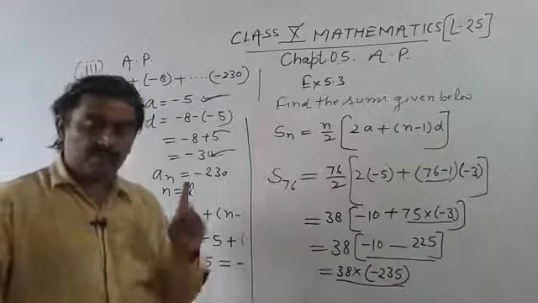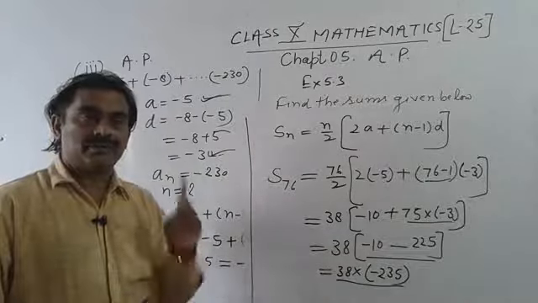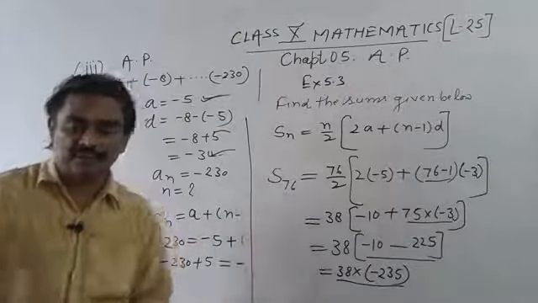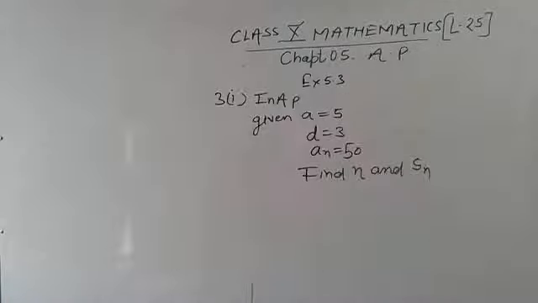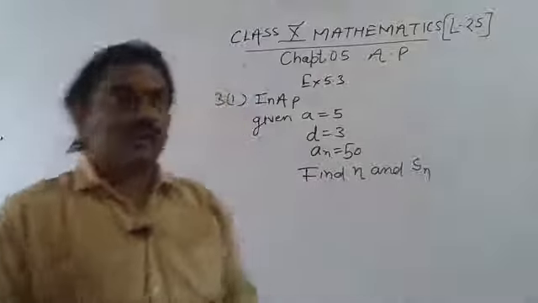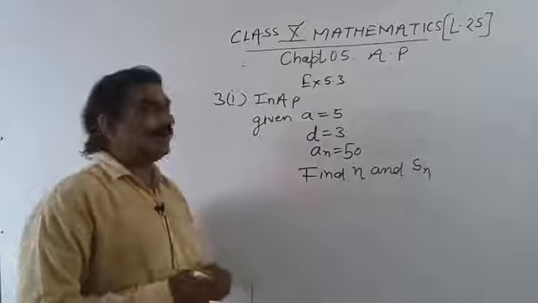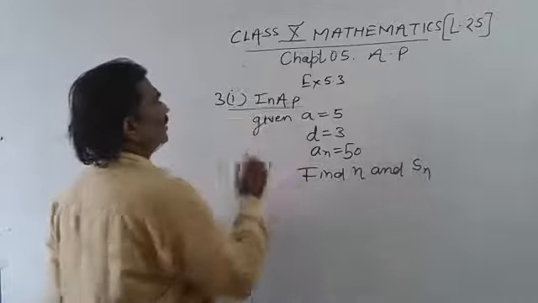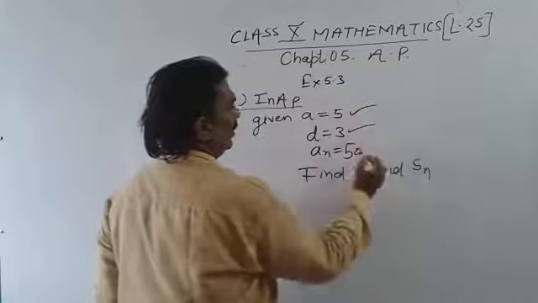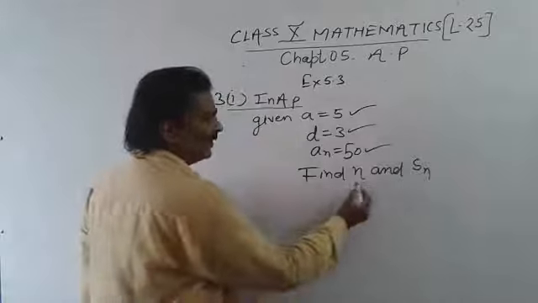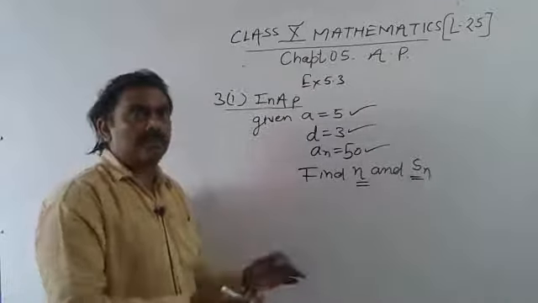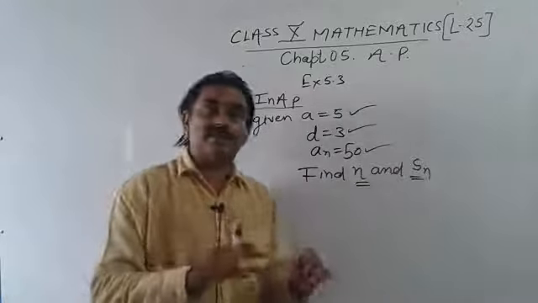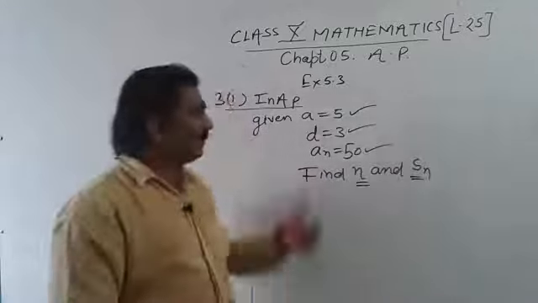Now we will solve one more part of question third. Then the remaining part I hope you will solve. Write down. So students, in this question, question number third is there, and here the first part of question number third is given: a is 5, d is 3 and an is 50. We have to find n and Sn. Students, as earlier we have already solved such questions, question number second first part and last part. By the same method you will solve this question.